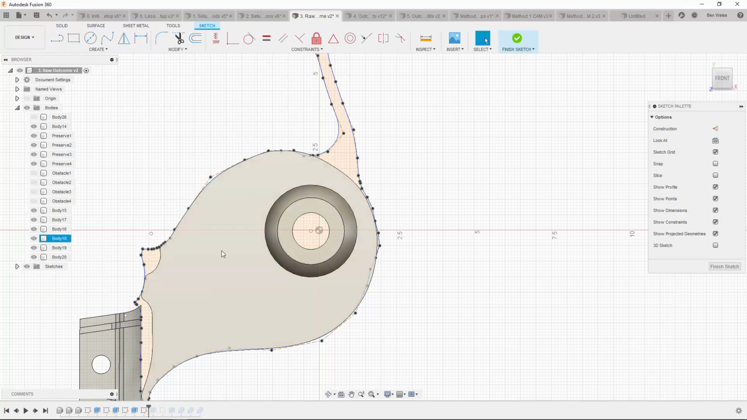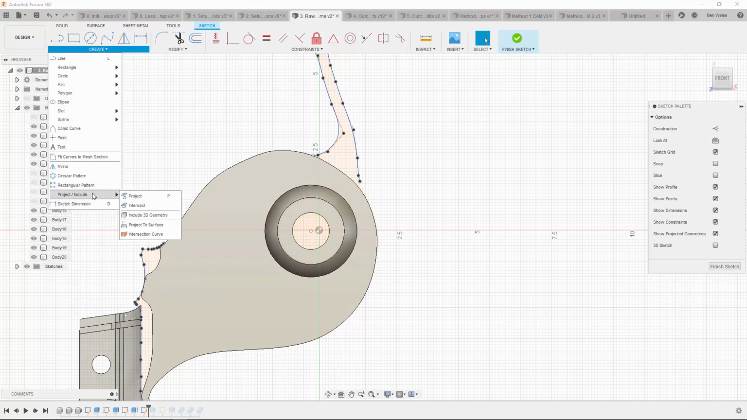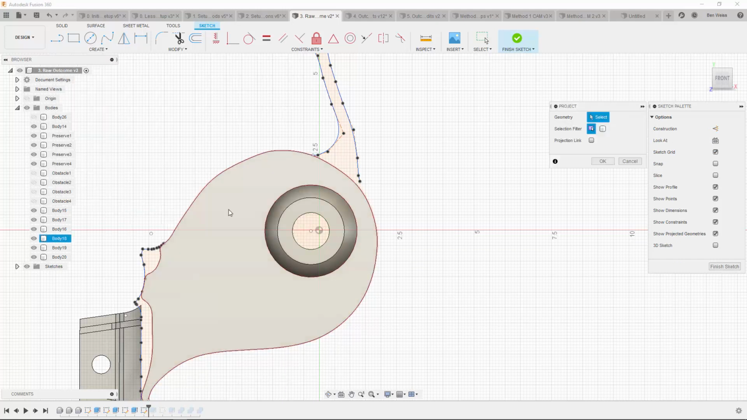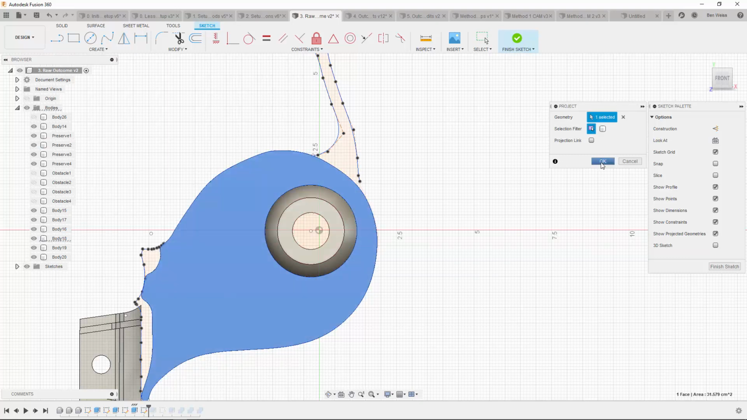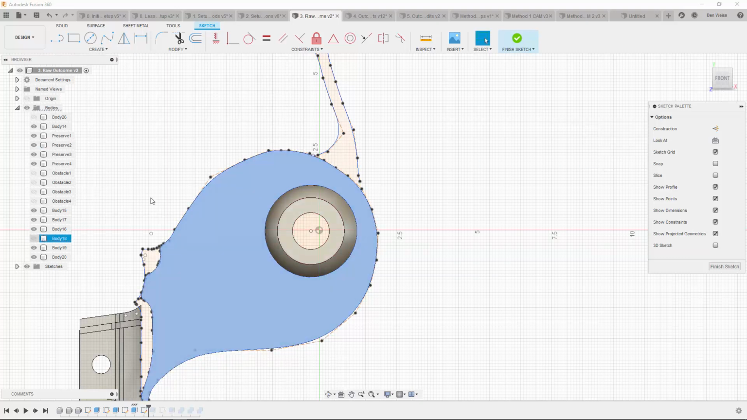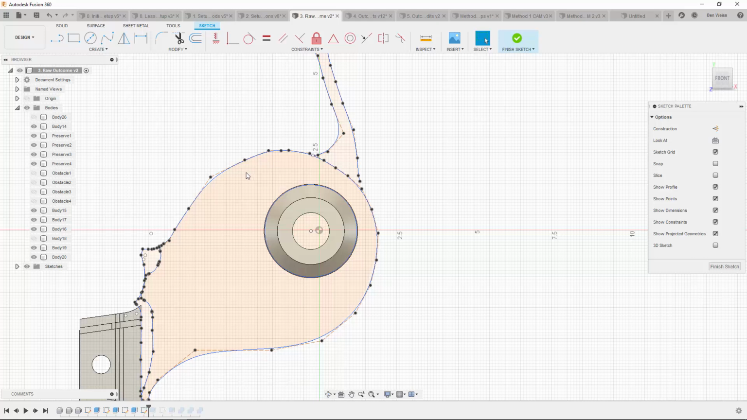Now I've made changes to the sketch above, and the geometry that used to line up perfectly now doesn't. So the best practice that we've come up with for this is to actually grab these sketch faces and delete them, and then project, which is in the Create menu, Project Include, Project. We'll project that face down onto this sketch. This gives us an associative